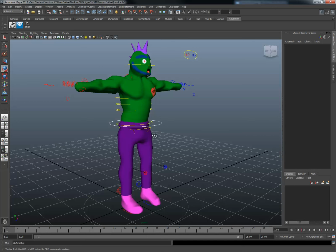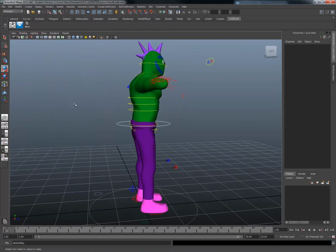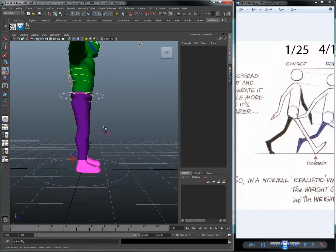Okay, and let's go to frame 1. And let's go ahead and put these right next to each other so we can see a better example. So here, there we go, so it doesn't snap as much. Okay, so first things first,